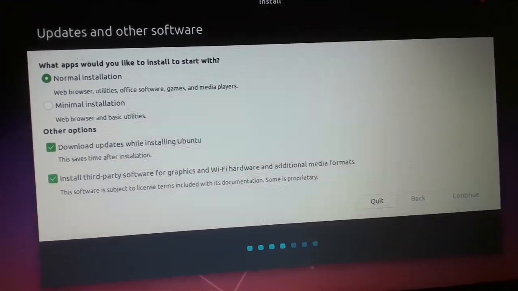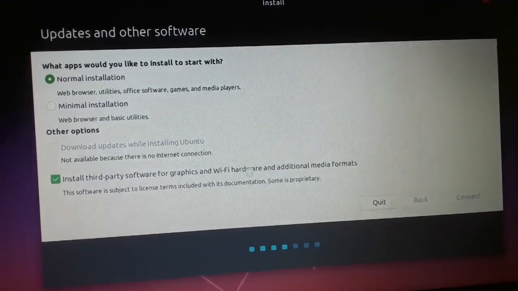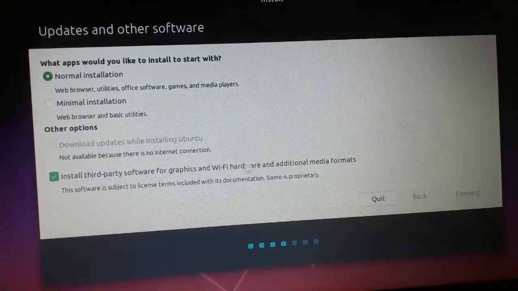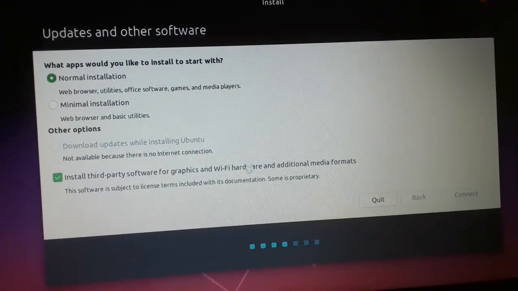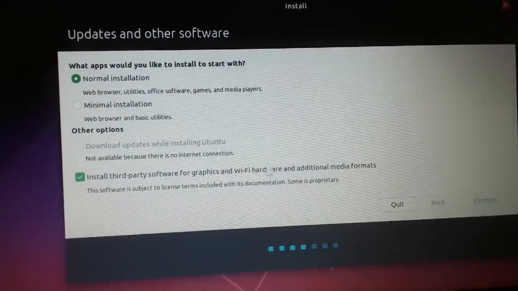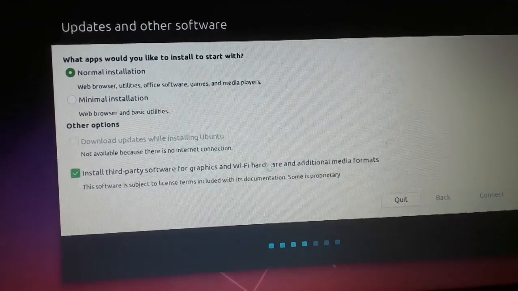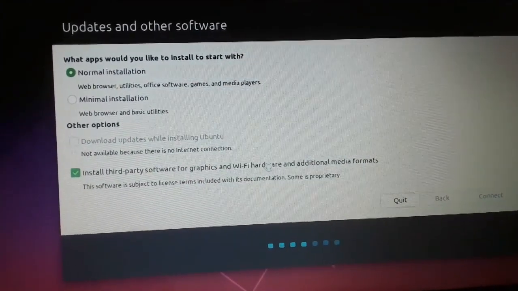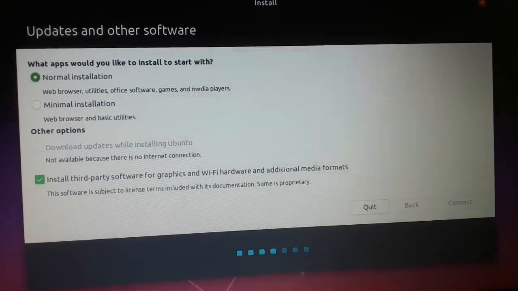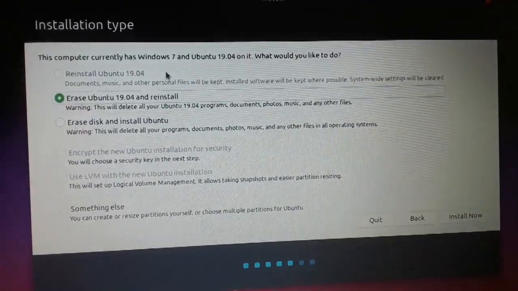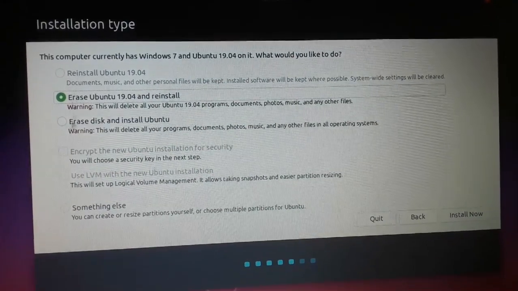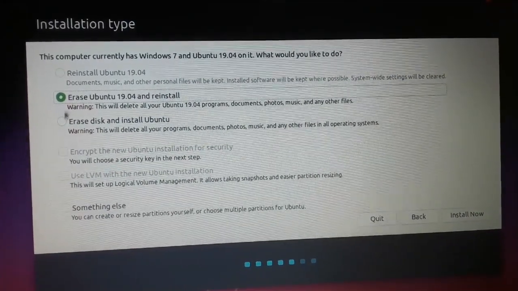Okay, so Ubuntu 19.04 is a bit faster. You feel like it's a bit lighter when it runs. So I'm still waiting for it. Okay, here we are. So what I'm going to do, I'm going to select, so whatever options you have,